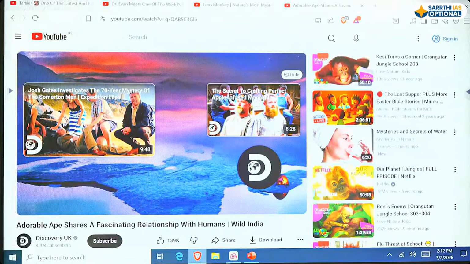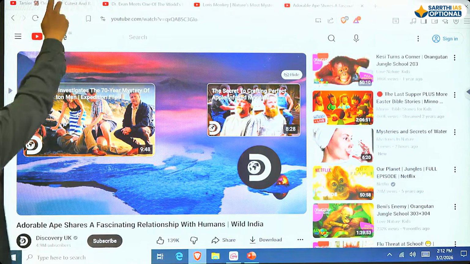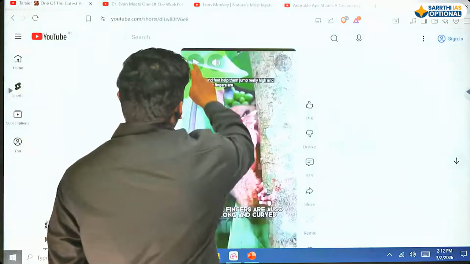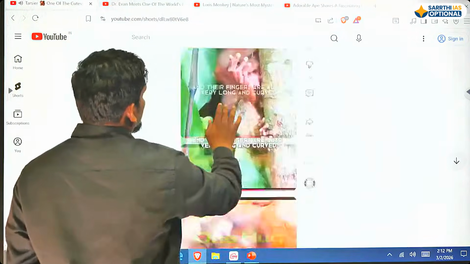Which one? Also very long and curved, which helps